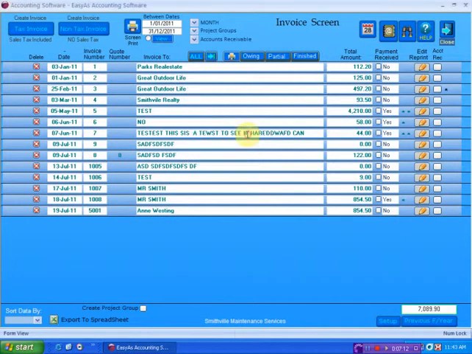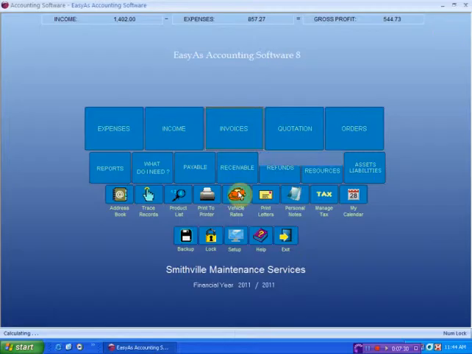So now, what happens on the invoice screen? Have a look here, it says payment received yes, and it's got a little asterisk here. That tells us instantly that that was a payment. All payments have been received in full for that particular invoice. Now if I jump over to the income screen and have a look at that, I will see that that